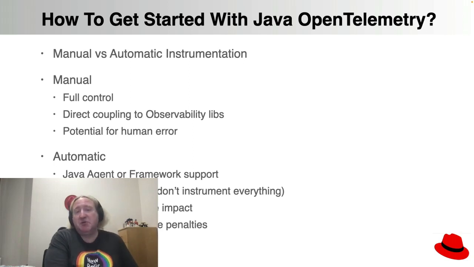It's not a free lunch. You still require some config, and in particular, when you've got a complex application, you may have to tell it certain things not to instrument, just to make sure you don't drown in too much data. The downside of automatic is there could be a startup time impact if you're using a Java agent, and there might be some performance penalties as well. You have to measure that. You have to determine for yourself which of these two routes is right for you. There's also something which is a little bit of a hybrid approach which you could do as well. Different applications will reach different solutions.